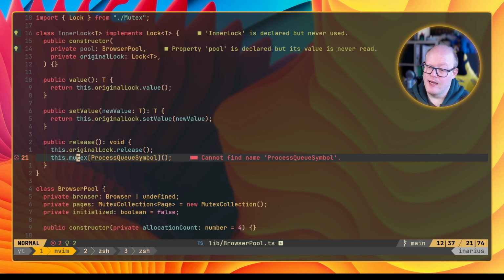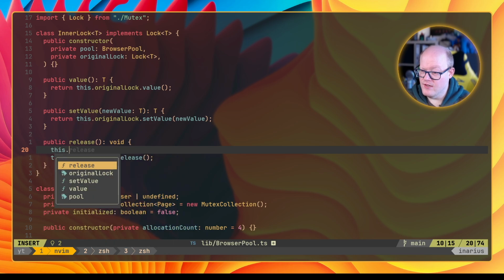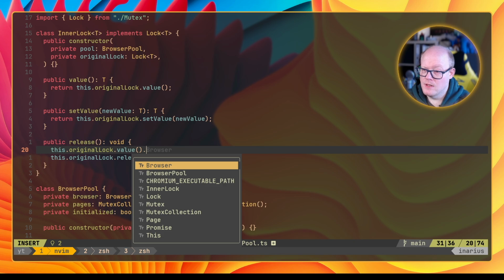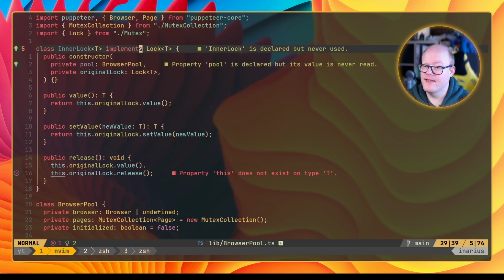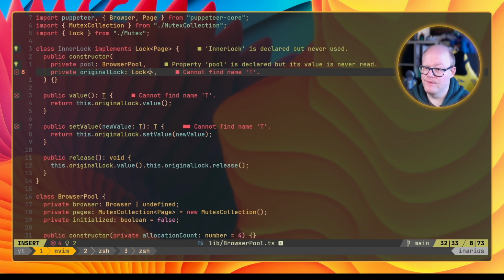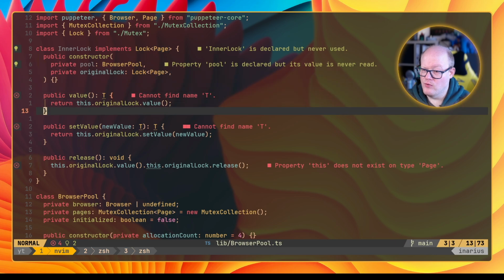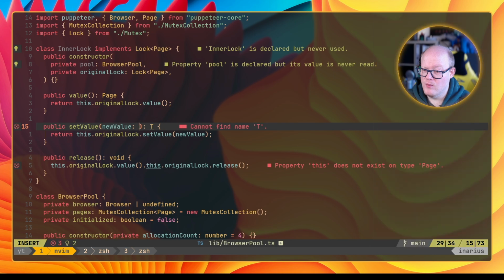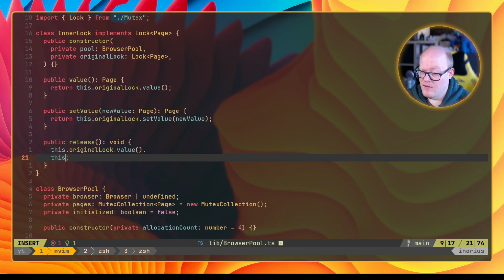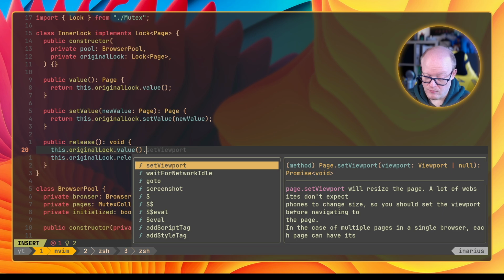No, wait. It might not release it. It will need to take this original lock dot value, and it is actually an inner lock over a page, and it implements lock page. Okay, so it will do it like that, and this will be a page, and this will be a page, and this will be a page. So this will really only work in this specific situation. This original lock.release, that is definitely what is called in the end. But before that, we will do goto